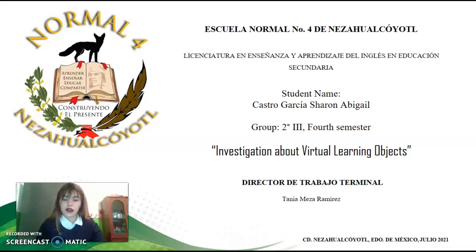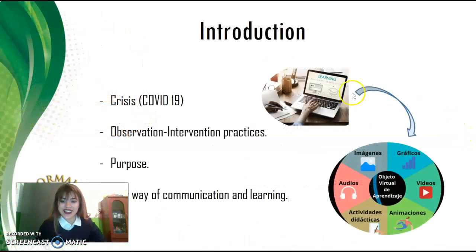So, today I'm going to explain the topic of the forum and its investigation about virtual learning objects. First, we have the introduction. The school institutions have adopted, in response to the COVID-19 crisis, the suspension of face-to-face